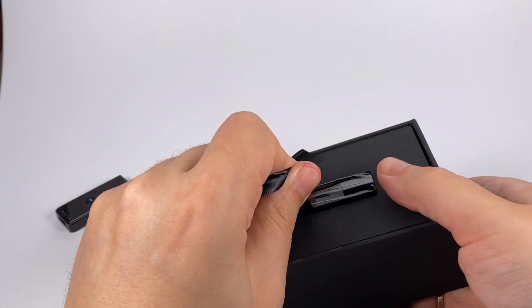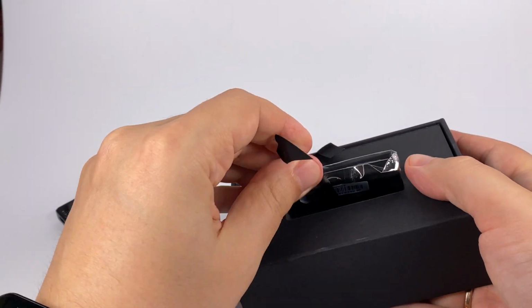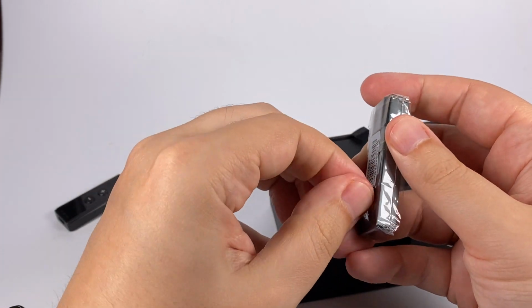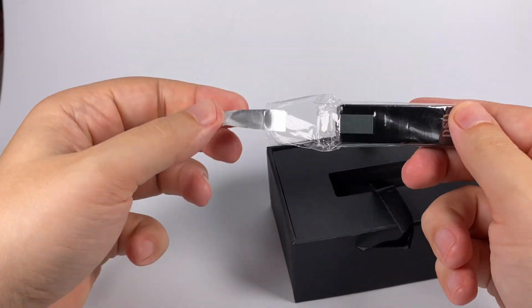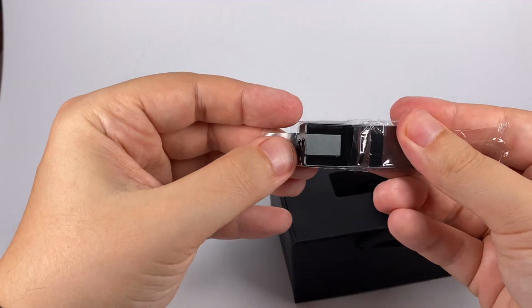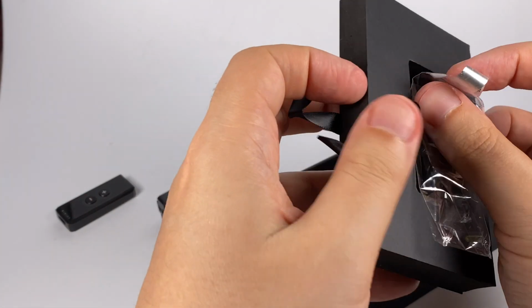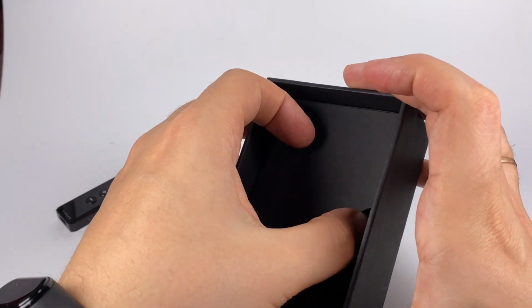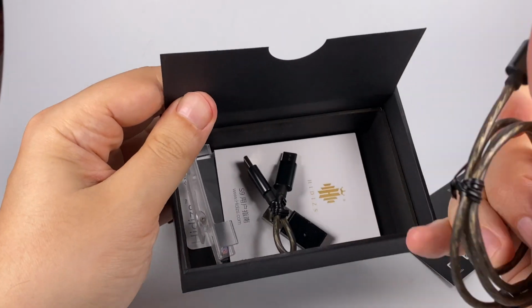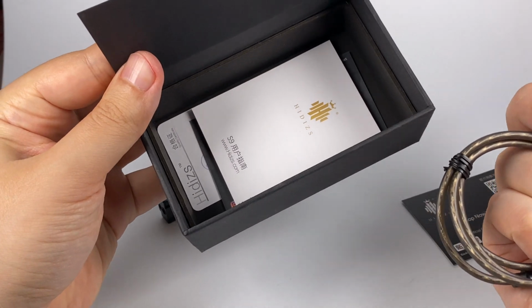So inside you will get the device itself, of course. That's something that you can expect. As you can see, I already removed this sticker a few times. So here it is. And also a warranty card and a bunch of accessories. So what we've got here: